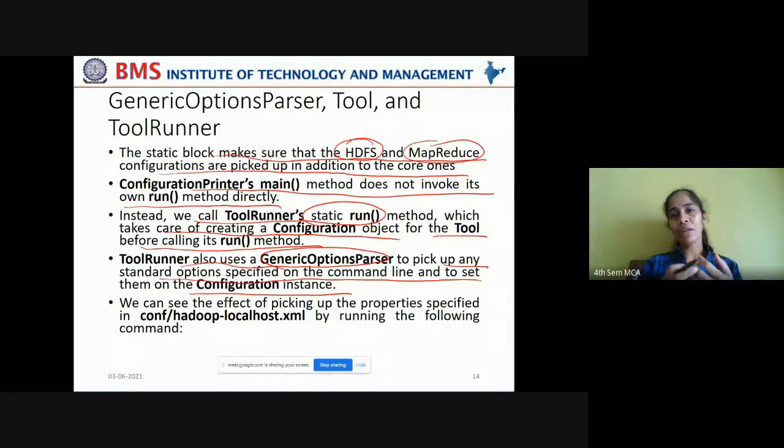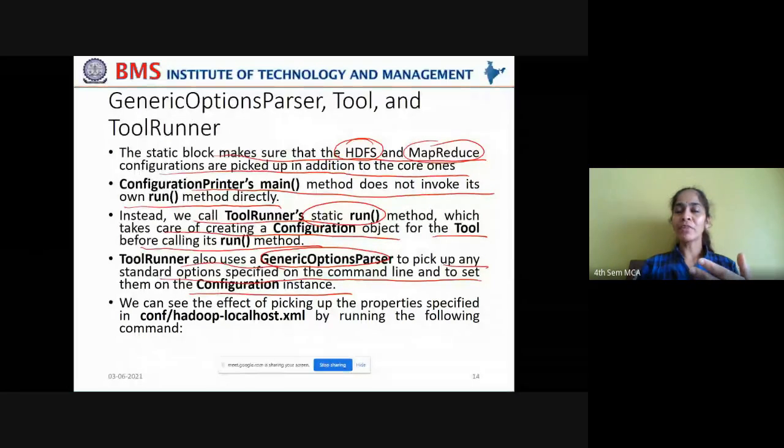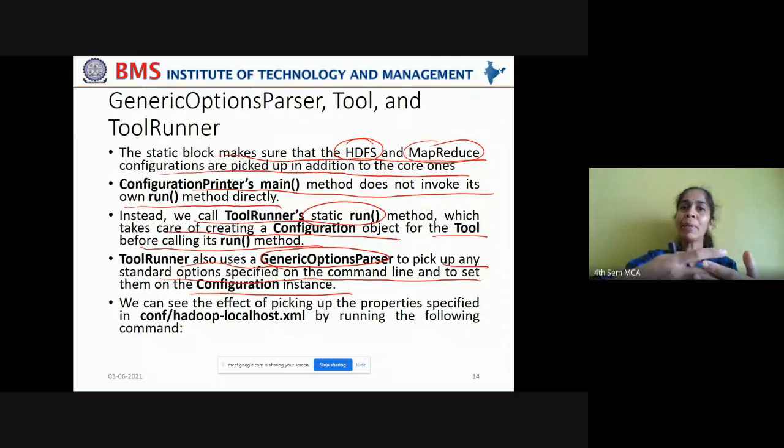So all the values are being picked up from the existing resource files, and generic options parser will help us to replace those properties with the properties passed as command line arguments. Now we can see the effect of picking up the properties specified in configuration localhost.xml by running the following command.